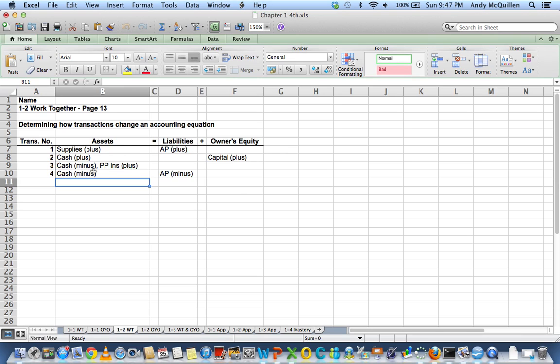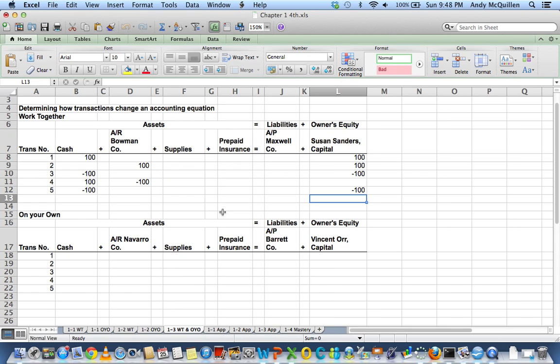In the third transaction, our cash, which is an asset, went down because we bought insurance, and insurance, which is an asset, went up. And the last one was paid cash on account. Our account under liabilities went down, as did our cash. The last thing that we did in Chapter 1 was